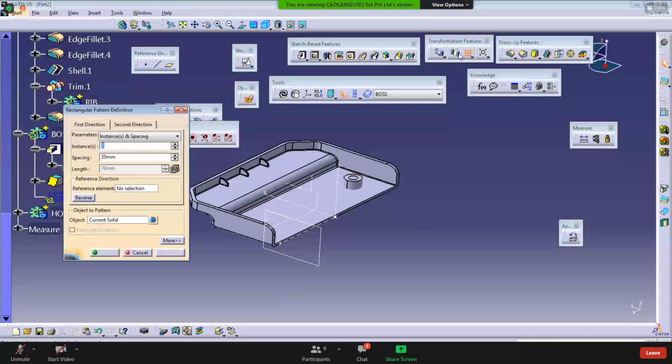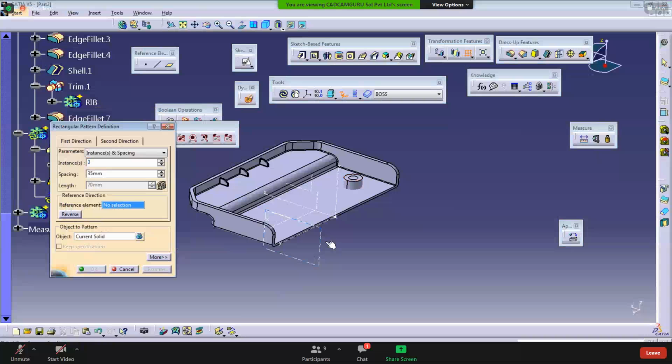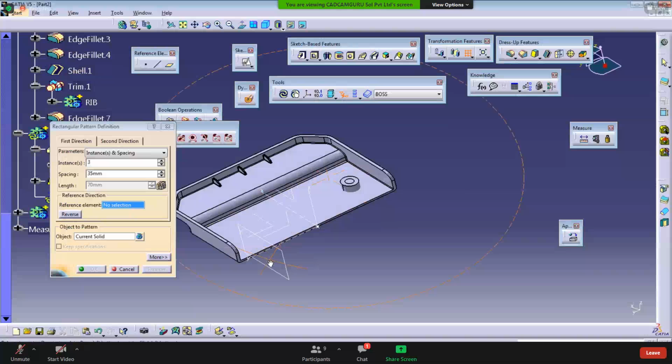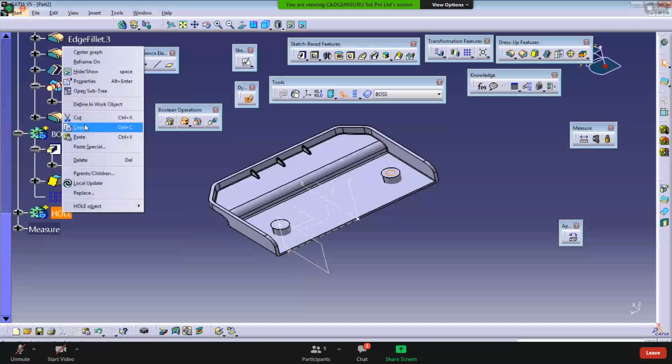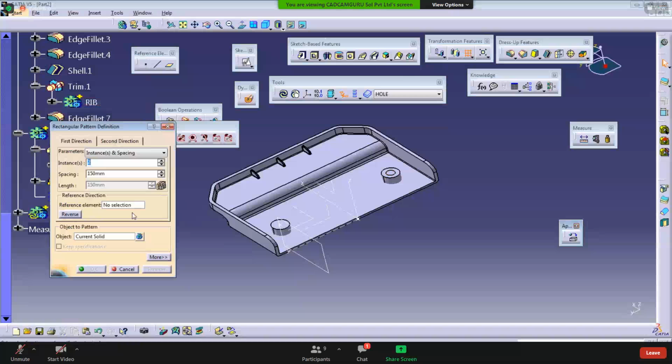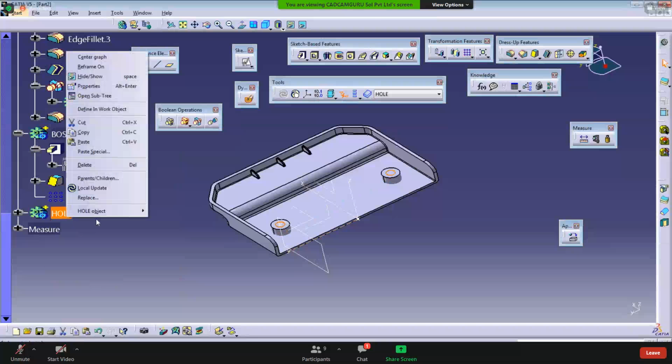So use this rectangular pattern option. Direction is X. Distance is 75. Quantity is 2. I think it's not 75, it's 75 into 2. Okay, now it's fine. Preview. Okay, same for this hole. Use pattern. Direction is Y. Same spacing. Okay. Now this one we need to remove